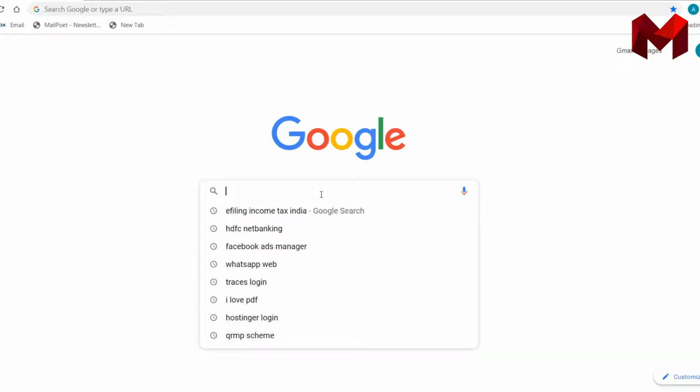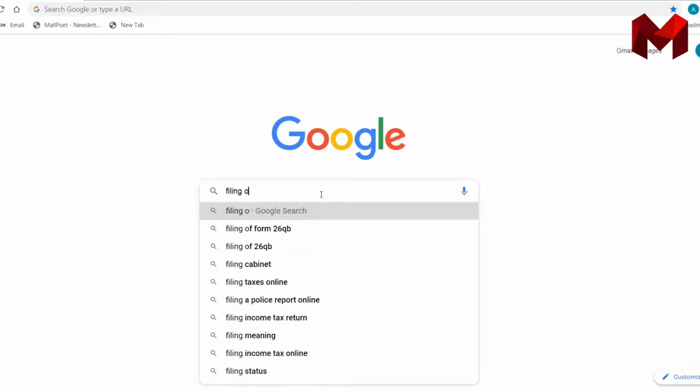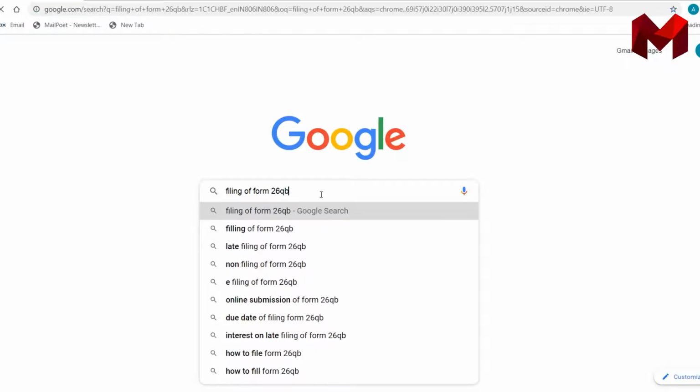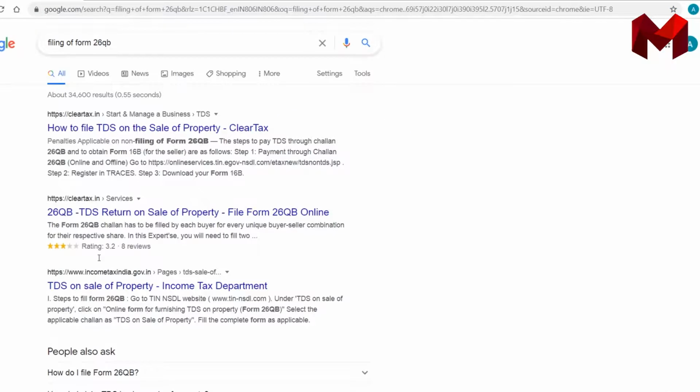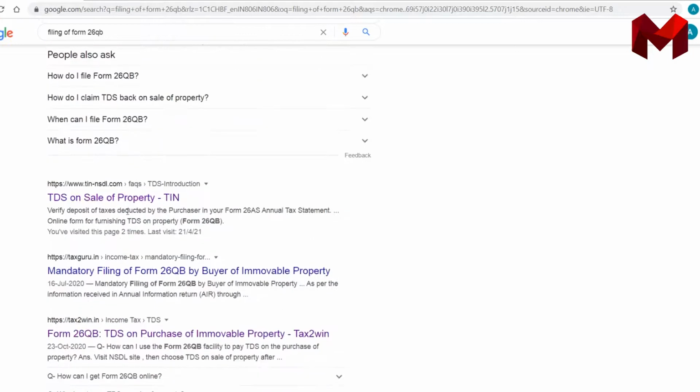So I'm just going to search the filing of Form 26 QB. We'll just go on the TDS on sale of property website, tin.nsdl.